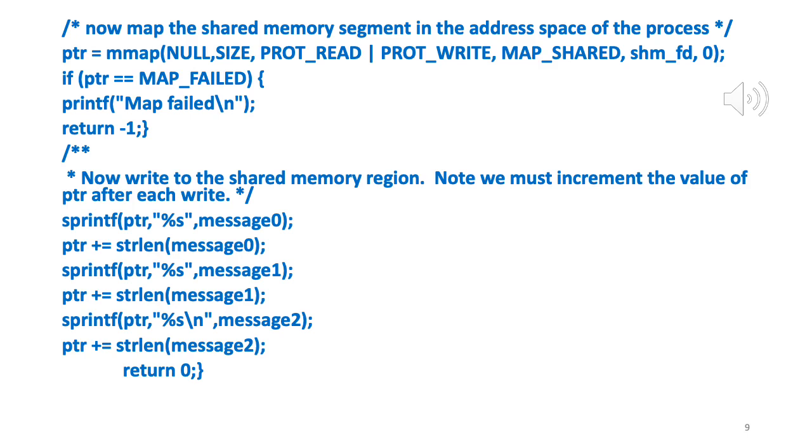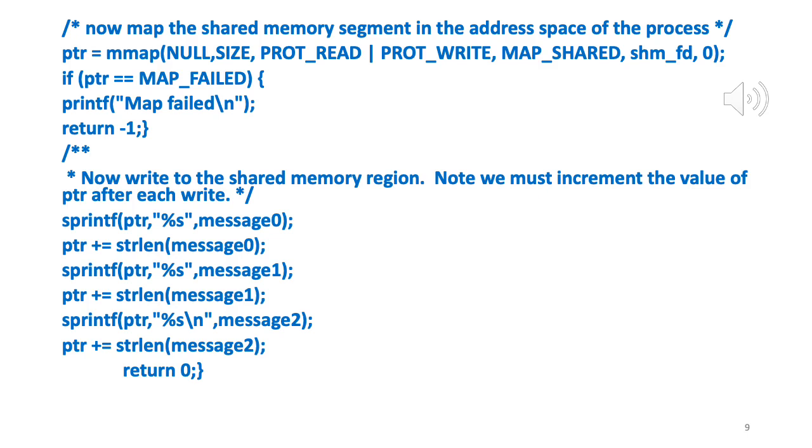The next step is definitely that we have to map the shared memory object onto the address space of the calling process, in this case onto the address space of the producer process. So we call mmap, right, with all those flags that we had specified. Null means we let the kernel decide where within the address space of this producer process to map the shared memory segment. Size, 4K.